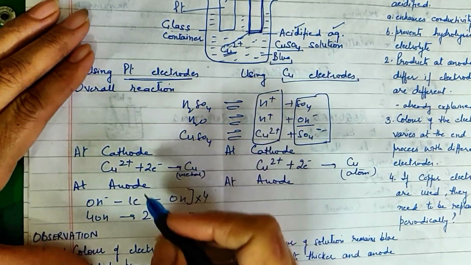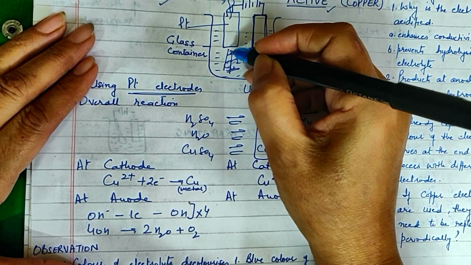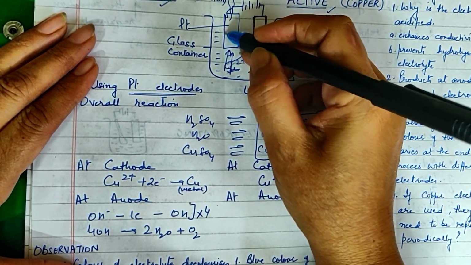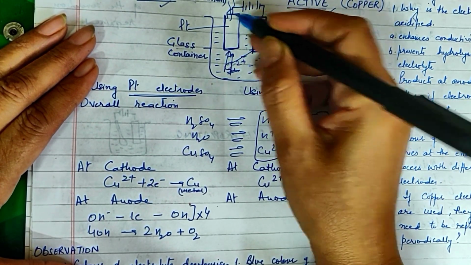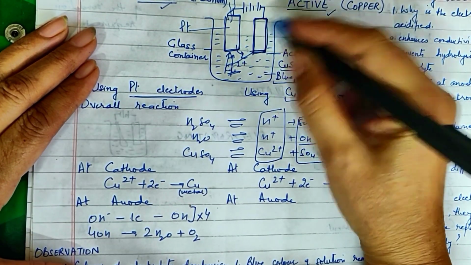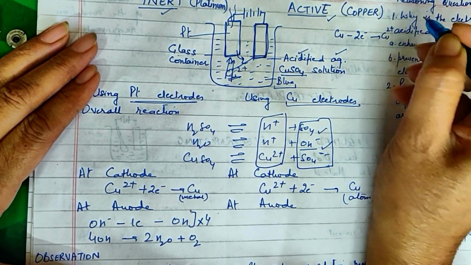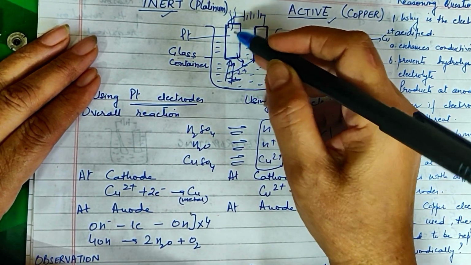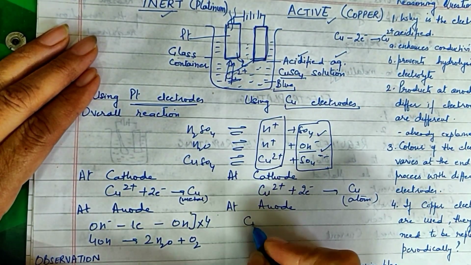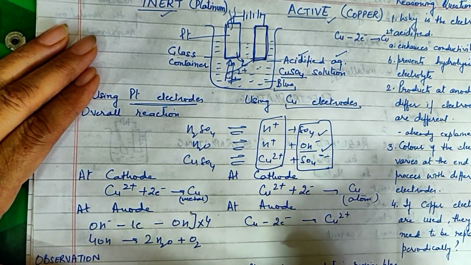On the anode, both hydroxide as well as the sulfate ions move towards the anode. But before either of them can discharge over it, copper itself begins to ionize and form copper ions. Are you following? Copper metal begins to lose 2 electrons and forms copper ions. This is what is going on at the anode because it has a very low reduction potential. So copper on the anode loses 2 electrons and forms copper ions. Now what will happen to these copper ions?